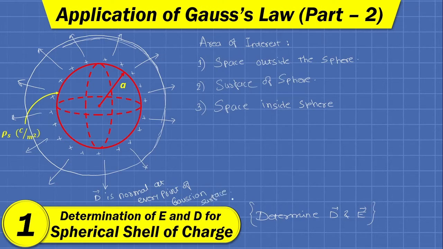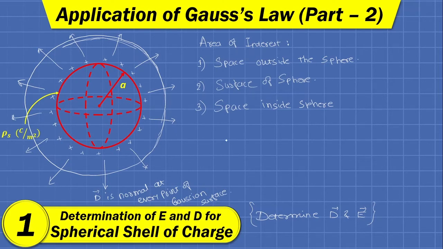I also request you to refer to previous videos if you don't know the conditions to define any Gaussian surface. The second condition was that it should be a closed surface. As you can see, this spherical surface is a closed surface, so we are also satisfying the second condition. The third condition was that it should enclose the charges. As you can see, the total charge has been enclosed by this surface. So all three conditions have been satisfied.